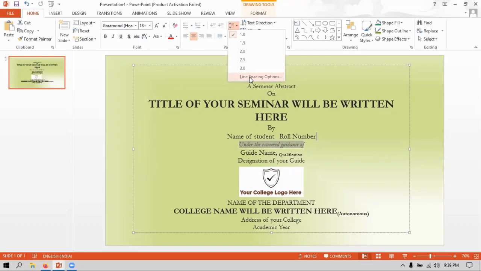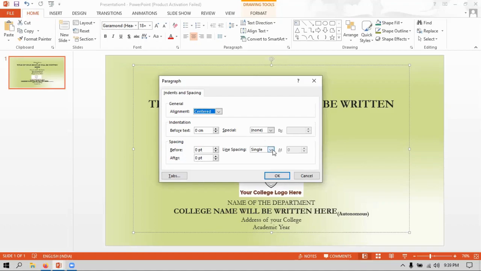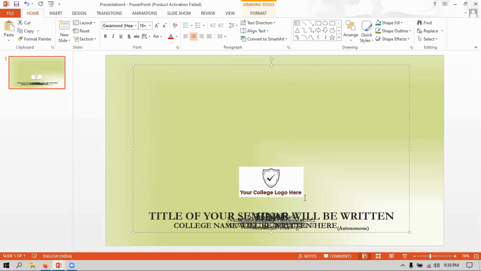Now click on this line spacing options. Here in the spacing option, I have line spacing as single. Now I need to specify what line space I need. For example, if it is 1.7 points, then it is shown like this when you apply.